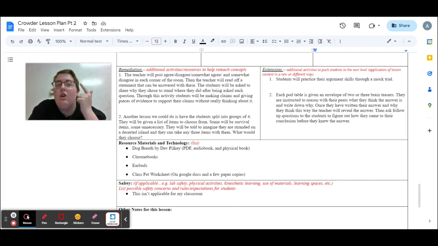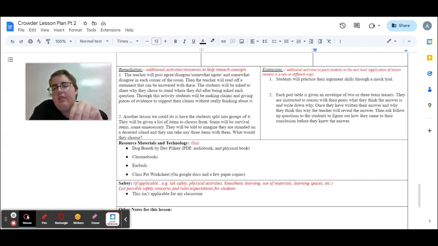They have to know how to find really, really good evidence to make their case strong. And they have to learn how to be consistent. So there's a lot of things that go into making a mock trial, but it could help students incorporate everything they've learned from this unit